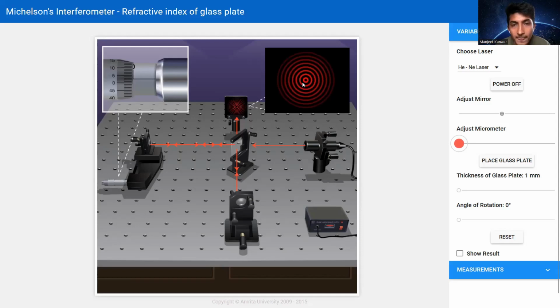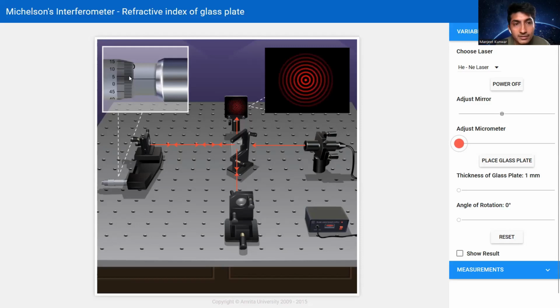When we have one that is not a bright fringe, it is a dark fringe, so it is not counted. Again, we adjust our micrometer until we get a bright fringe. Here is our bright fringe, and we